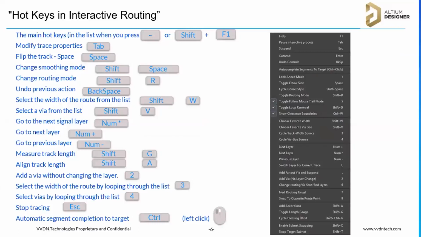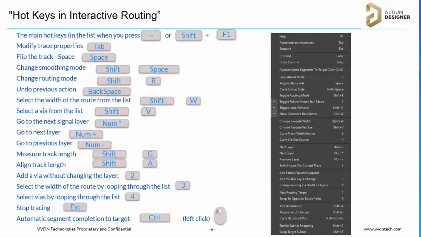Many of you may be using two or three shortcuts here, but these are the major shortcuts which design engineers use. Okay, and to access these shortcuts, it will take some time to remember them, right?